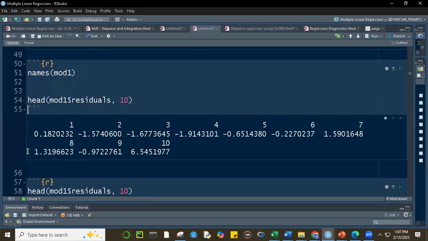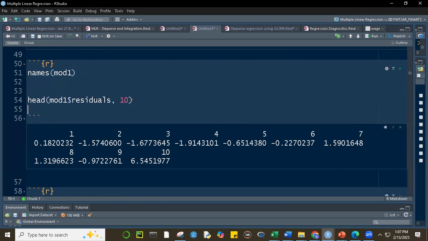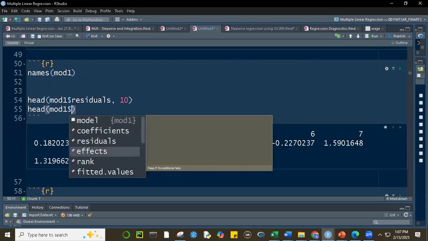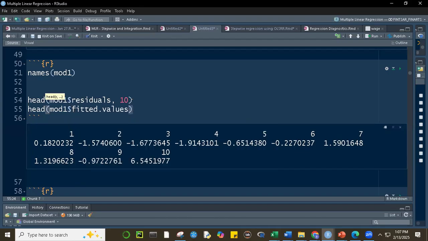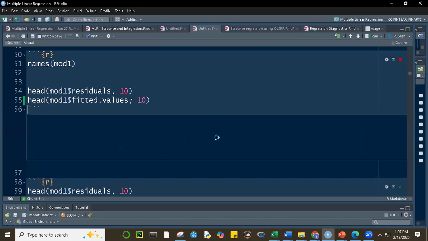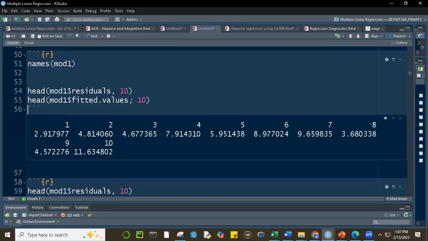There. It gives us the first 10 observations. And the model will also give us head and model one dollar fitted values. It will also give us the fitted values. There. And also, if I run this together,